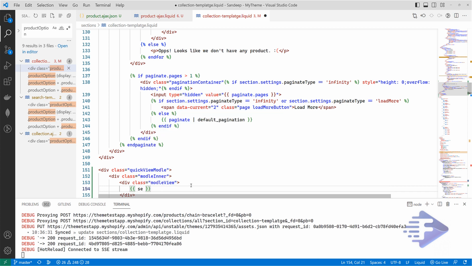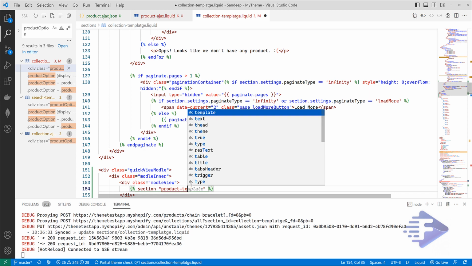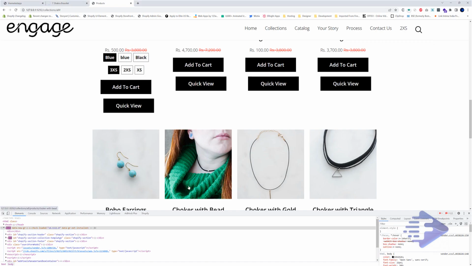Section, not this one. Section will be our product template. Let's see.